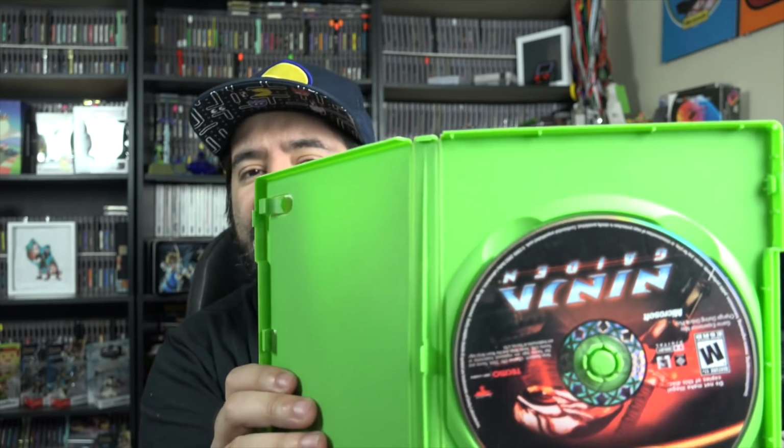It's really neat. Sometimes you get lucky and you have a manual included with the Retro Game Treasure games, but for the most part they are in good condition. And this is a nice looking case right here, and it looks pretty neat just looking at the game. So hopefully through time I will get either an original Xbox, or if these are compatible on Xbox One,